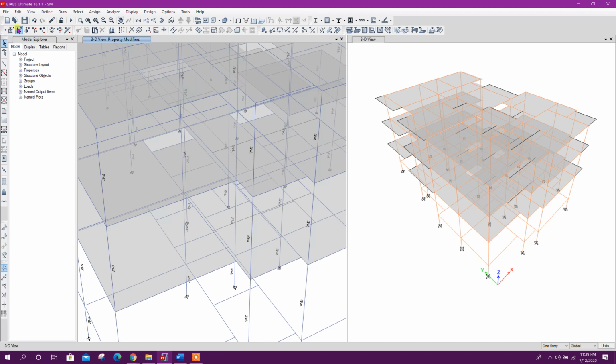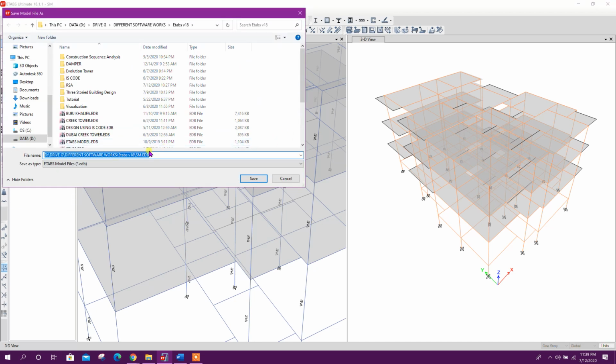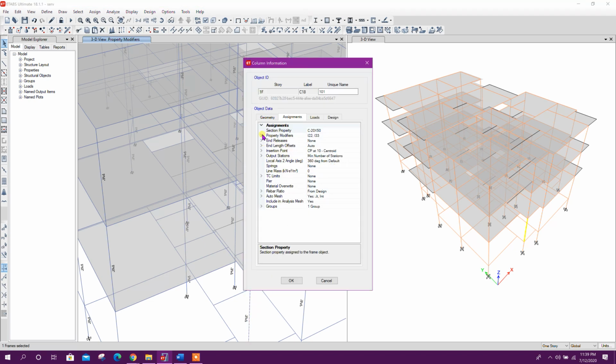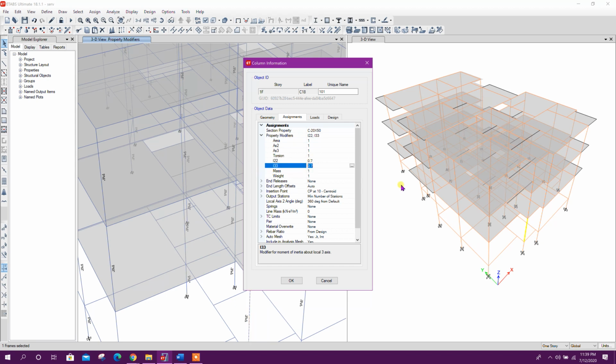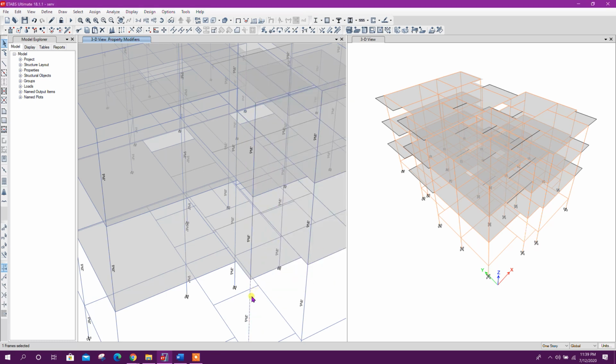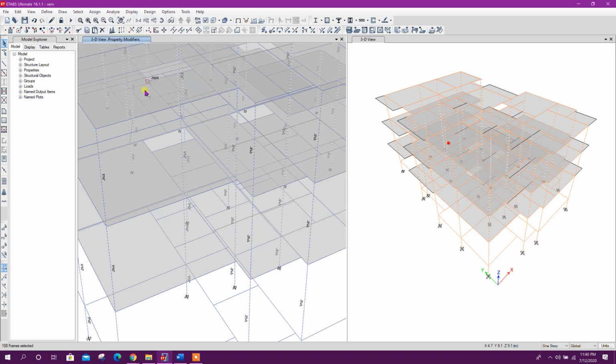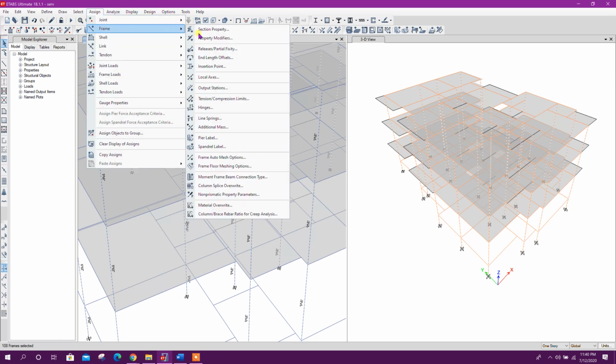After finishing the design, we will save the model under a different name, like serve. Here we can check the property modifier is 0.7. This is our actual value, as the property modification factor is 1 inside the section property. Now we will select the columns to change the stiffness modifier from 0.7 to 0.9.